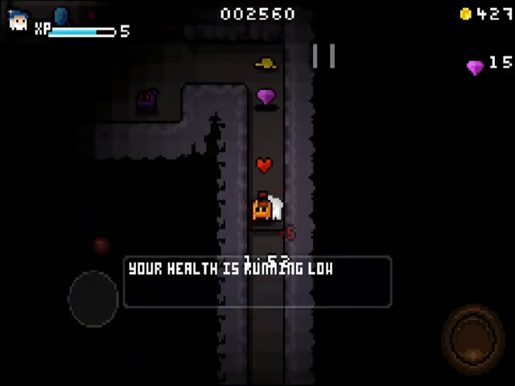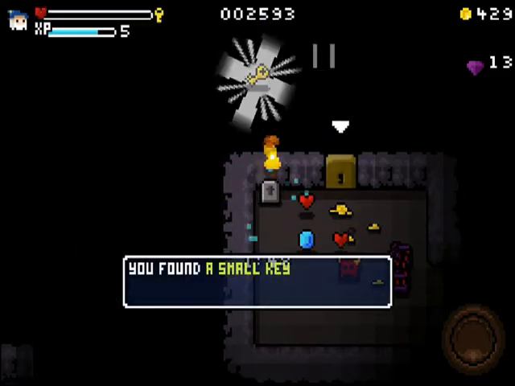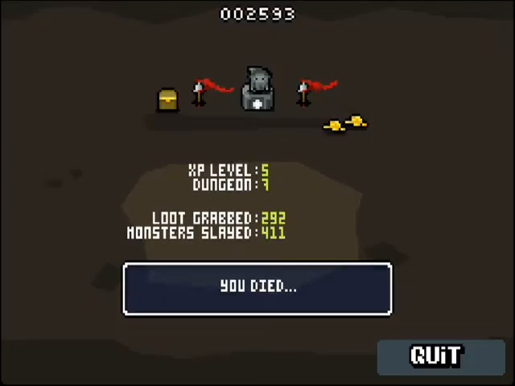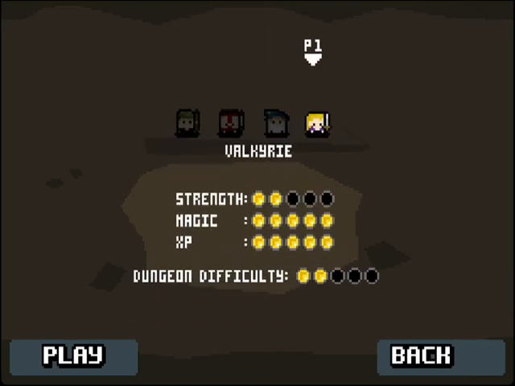We're just gonna try to keep going. And so this is what happens when you do die. And then dungeon difficulties at 2 stars, so we can go in and play a tougher setup with any of